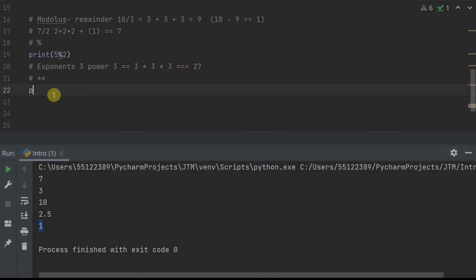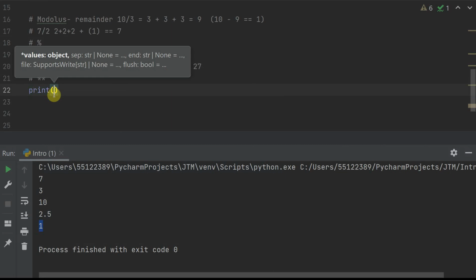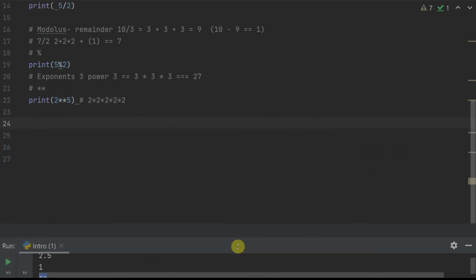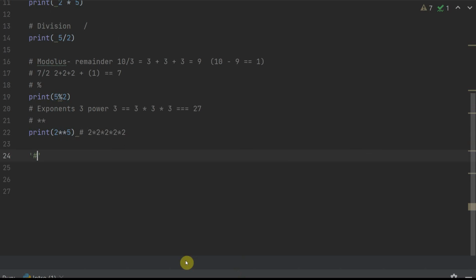And finally, for the exponents, I can simply do 2 to the power by placing 2 multiplication signs and another number. If I run this one, it will give me simply 32, which is equal to 2 times 2 times 2 times 2 times 2. I hope this makes sense. I know it was too much, but if you finish this task, you should be able to do this more confidently. So the task to do is